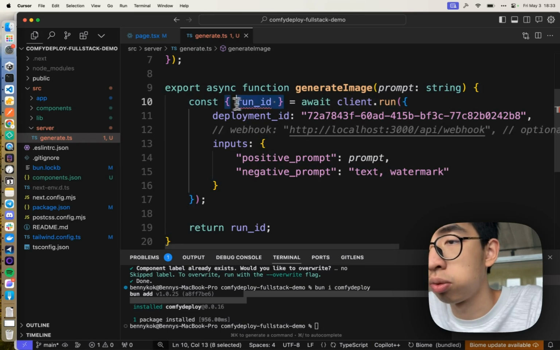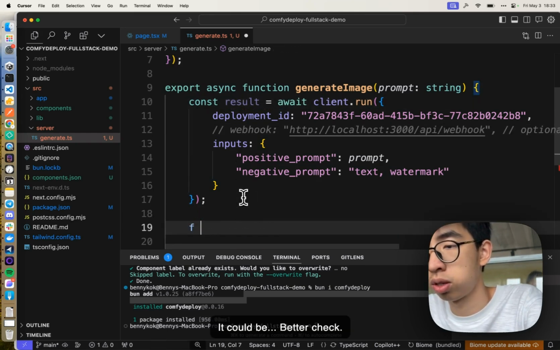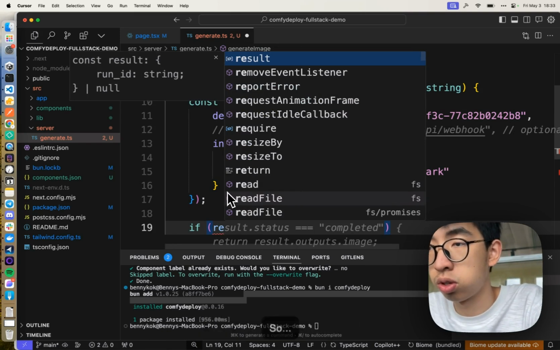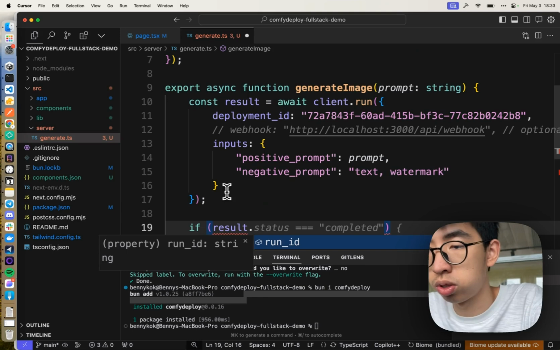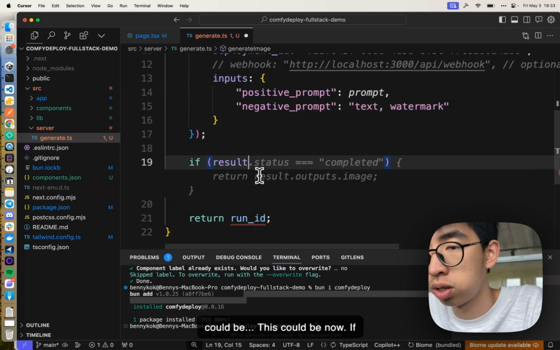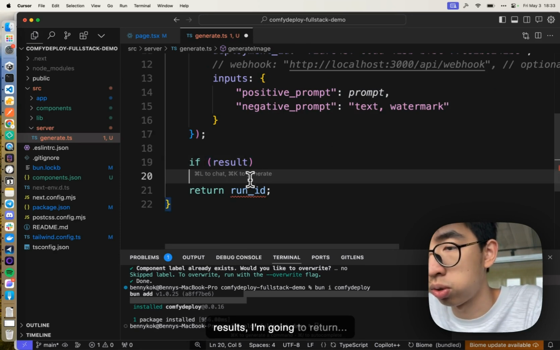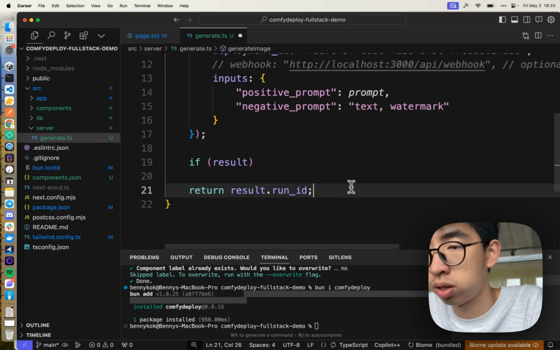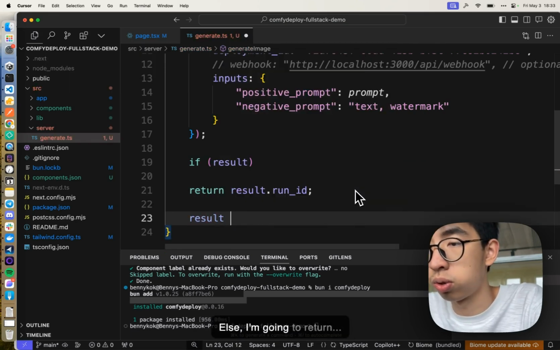Running. Yeah, it could be a better check in case there's any issue right there. So this could be null. If result, I'm going to return result.runId. Also, I'm going to return the